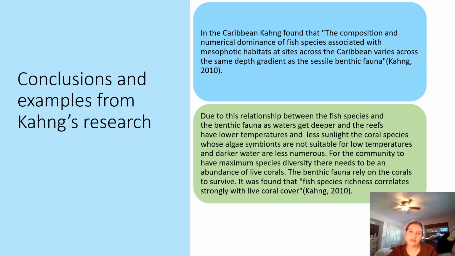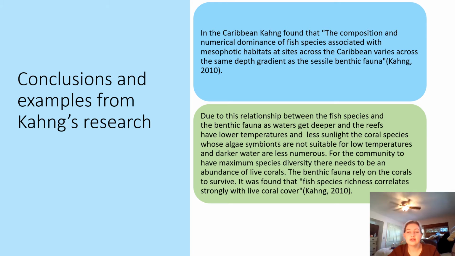Conclusions, examples, and other takeaways from Kong's research. In the Caribbean, Kong found that the composition and numerical dominance of fish species associated with mesophotic habitats at sites across the Caribbean varies across the same depth gradient as the sessile benthic fauna. Due to this relationship between the fish species and the benthic fauna, as waters get deeper